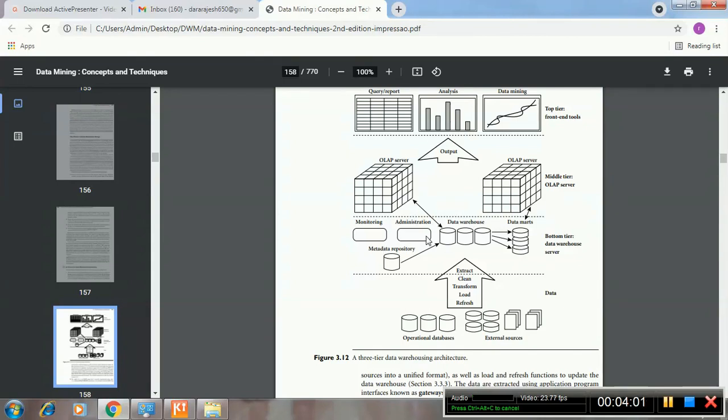Next, this data warehouse is going to be administrated and monitored. You people know the meaning of monitoring and administration. Monitoring means we are checking whether any errors or interferences occur. All this is going to be monitored. And administration means maintenance. So this data warehouse is going to be maintained by the administration. These are the different parts that we have in the bottom tier,